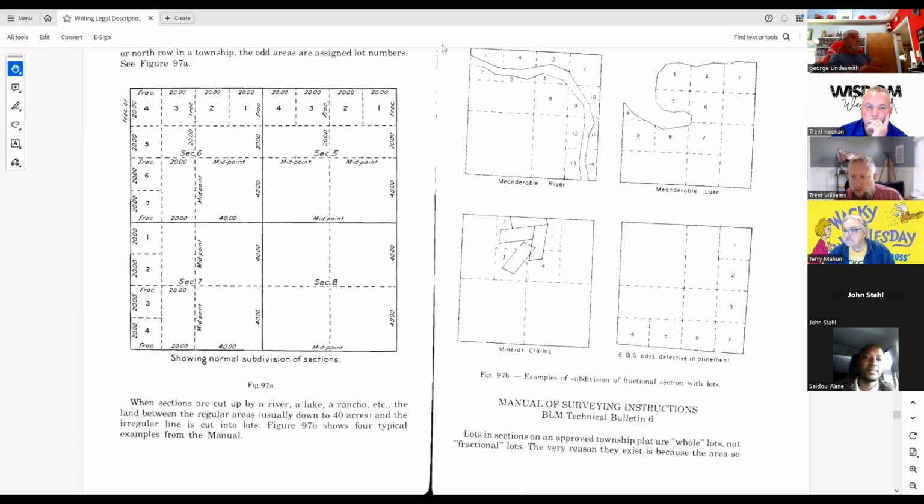Do we have any East Coasters, metes and bounds states? Josh, I'm going to put you on the spot here. Any questions about sectionalized land? Have you ever had a chance to deal with that much? Fortunately and unfortunately, I do a lot of work in Illinois for a gas utility and other states, so I have to delve outside my metes and bounds world into sectionalized lands. I'm starting to get the hang of it against my will.